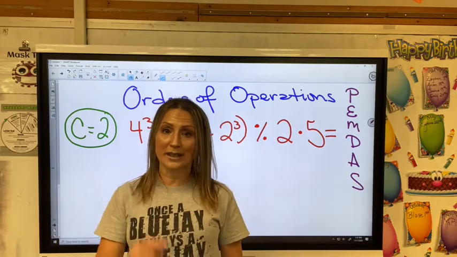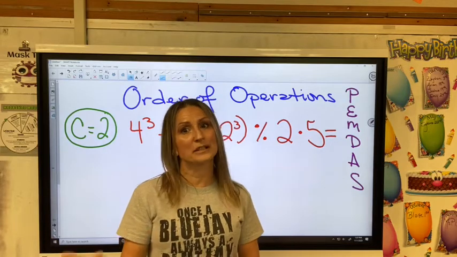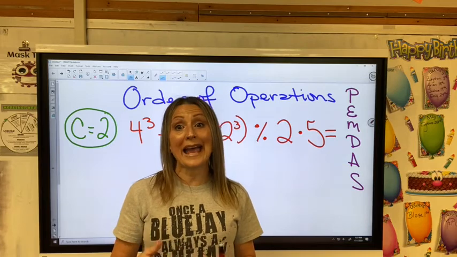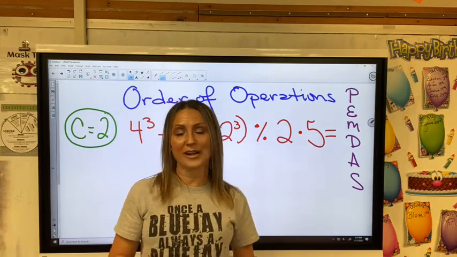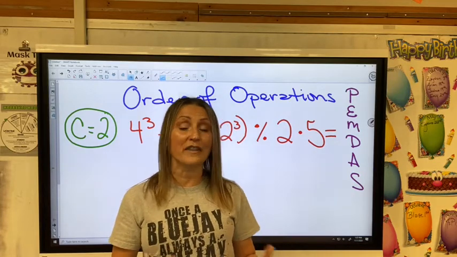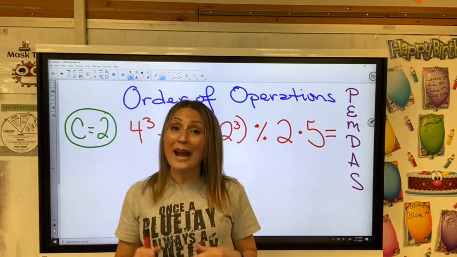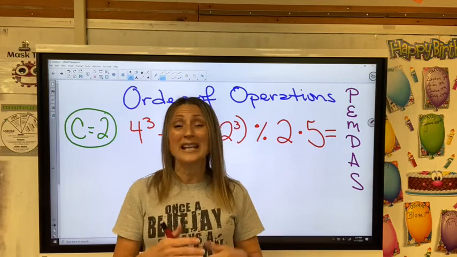Please is parentheses. Excuse is exponent. My, M, is multiplication. D, dear, is division. Aunt, A, is for addition. Sally, S, is for subtraction. And that really is trying to tell you that's the order in which you solve the operations in a math problem. Slight problem. You have to watch still how they appear when you're going left to right,